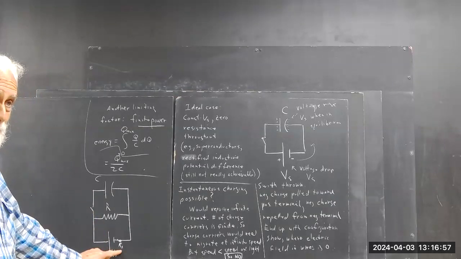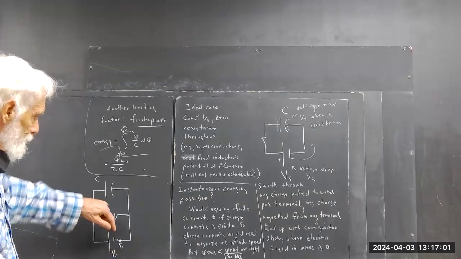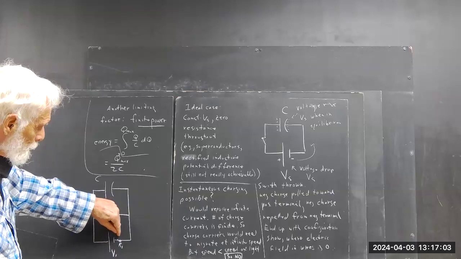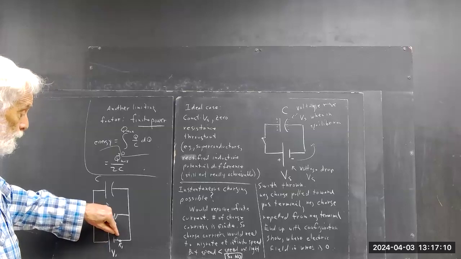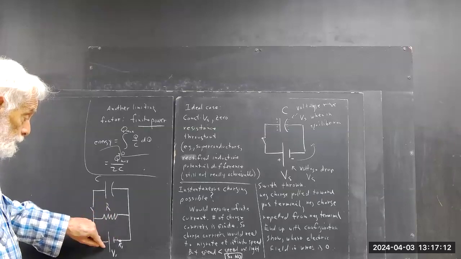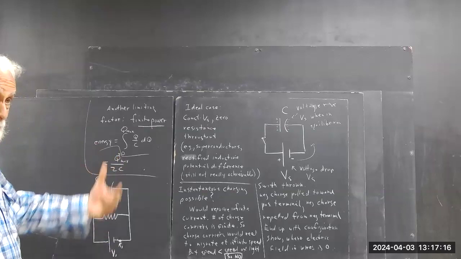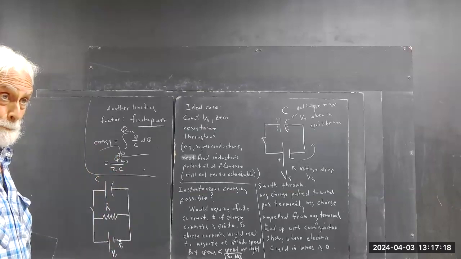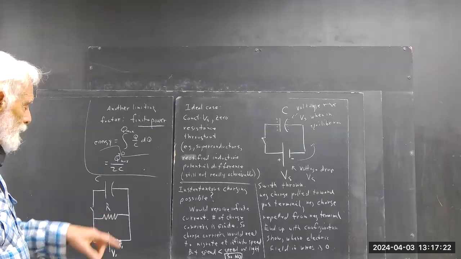Your current can't exceed what it would take to make the voltage drop here equal and opposite to the voltage here. So if your current's too big, you get more voltage drop across here than you have from your cells, your source. So your current can't ever